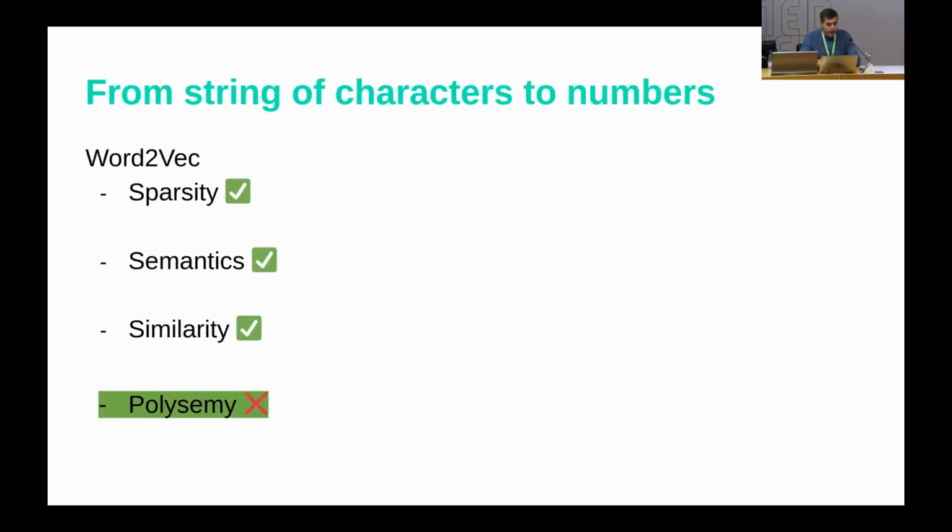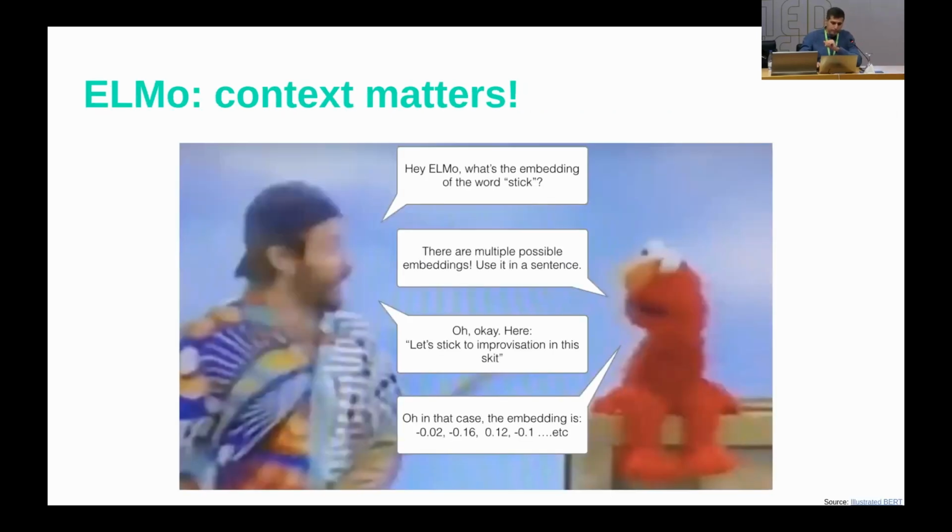So word2vec was not very good at capturing polysemy. It wasn't very good at creating vectors for entire documents, but that was kind of solved with doc2vec. The problem is that polysemy was still an unsolved task. And that's because context matters, right? This is an example extracted from a